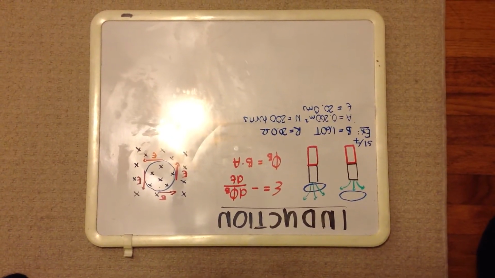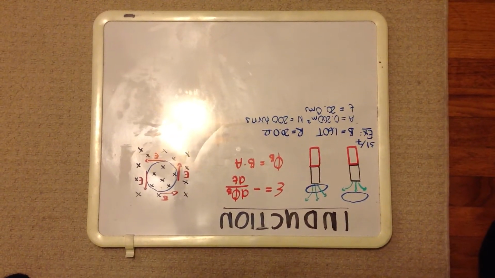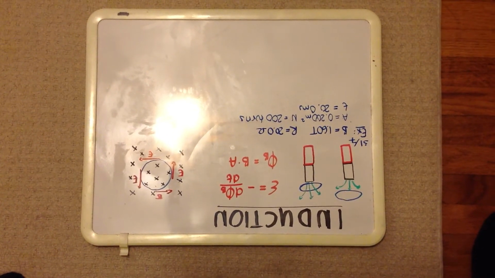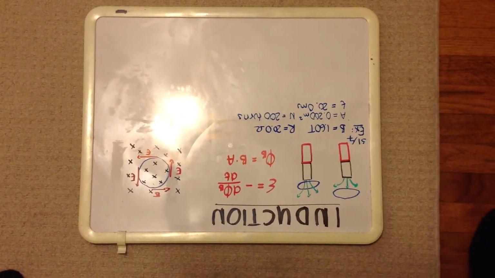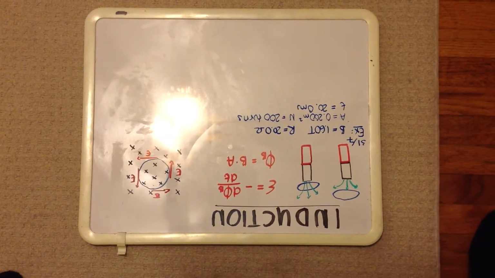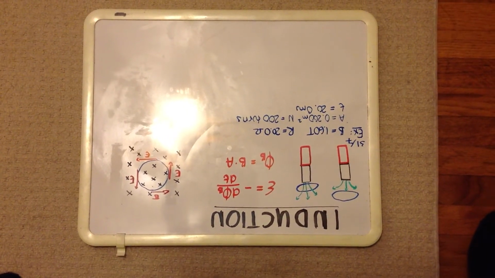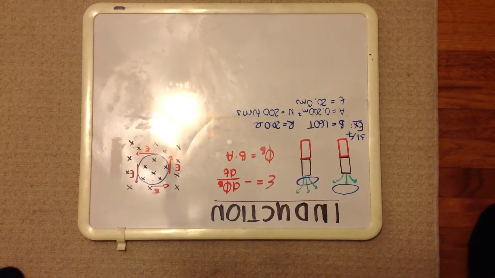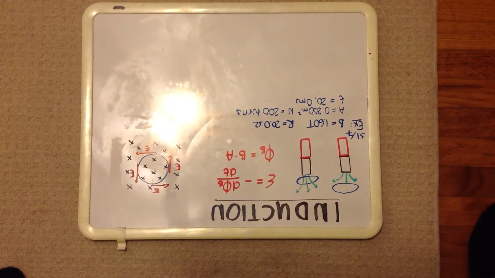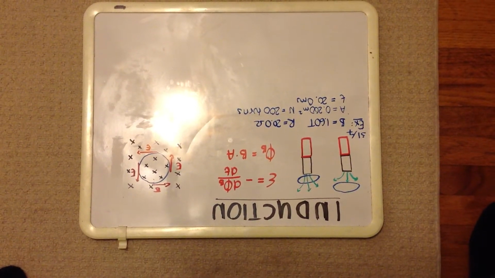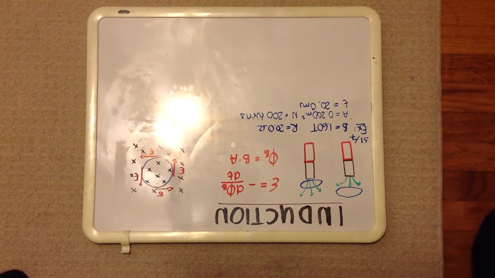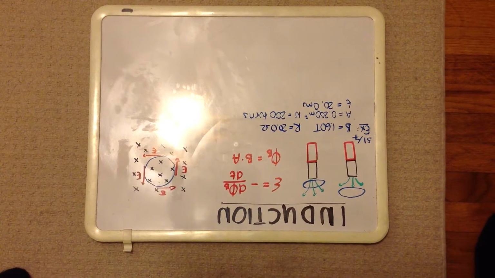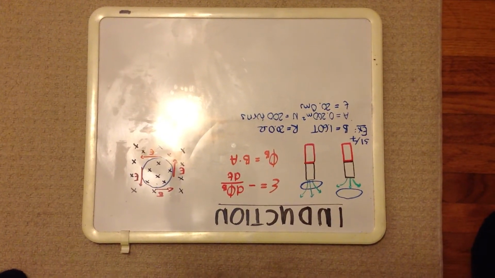I chose example 7 from chapter 31 to show how induction works. In this example, a strong electromagnet producing a uniform magnetic field of 1.6 Tesla over an area of 0.2 square meters is surrounded by a coil which has 200 turns, and the total resistance of the coil is 20 ohms. The current through the electromagnet is reduced to 0 within 20 milliseconds.